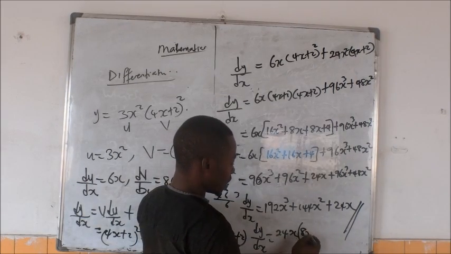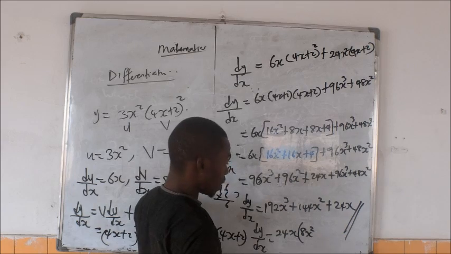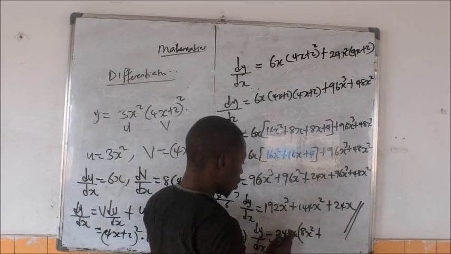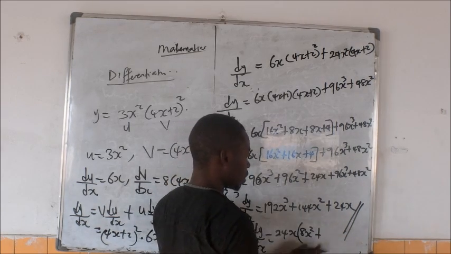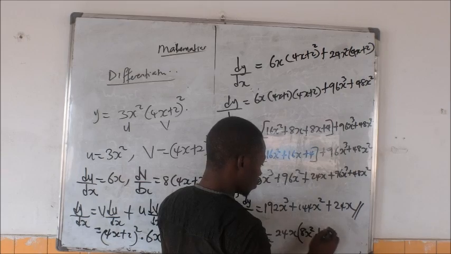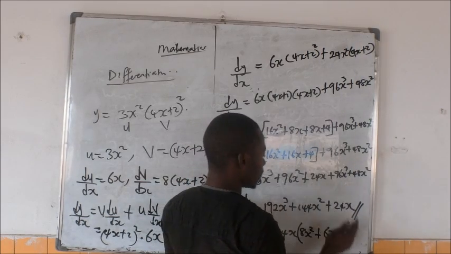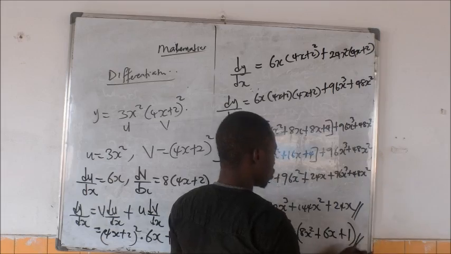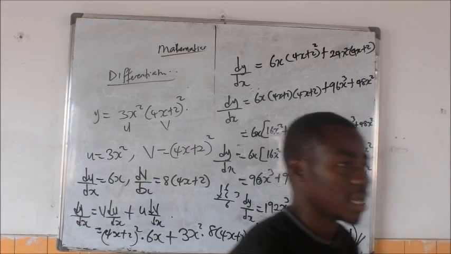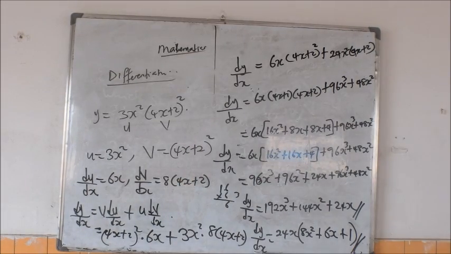x and this, 8x squared. Right? Then plus 24 and 144 will give you what? 6, right? Then you have 6x. Then plus 24x and 24x, 1. This should not be a final answer. Now go into